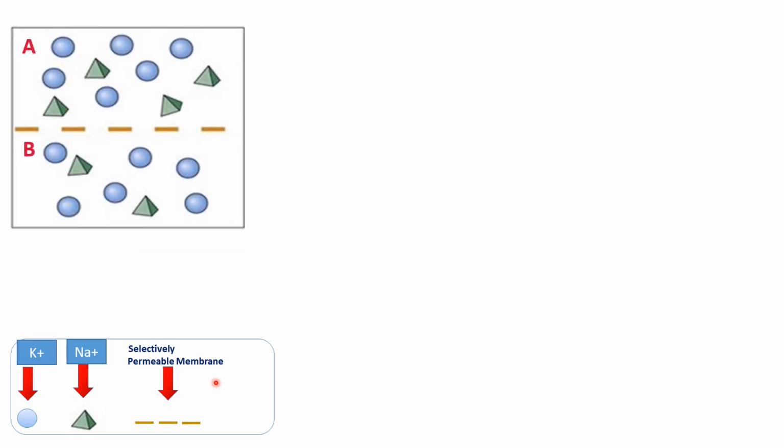Now let us try to understand what exactly happens in the ion selective electrode membrane. These are the two ions that we will be taking into consideration. The circular part is the potassium ion and the triangular part is the sodium ion, and these broken lines are selectively permeable membranes. So this is the first diagram,